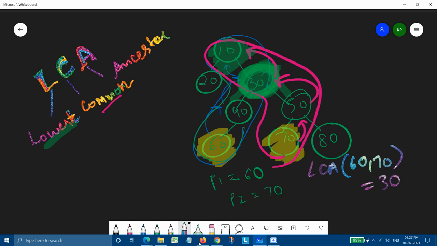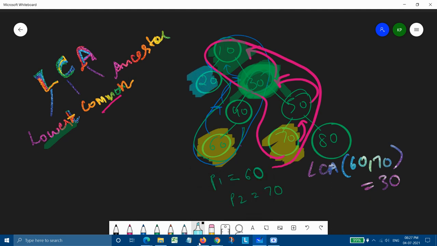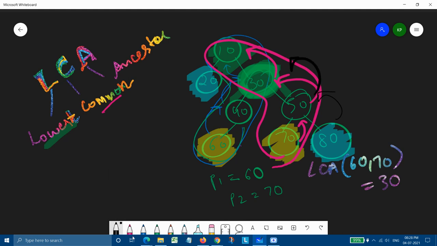Let's take some more examples on this tree only for better understanding. For the time being, let's select two nodes 20 and 80. For 80, our ancestors are 50, 30, and 10.